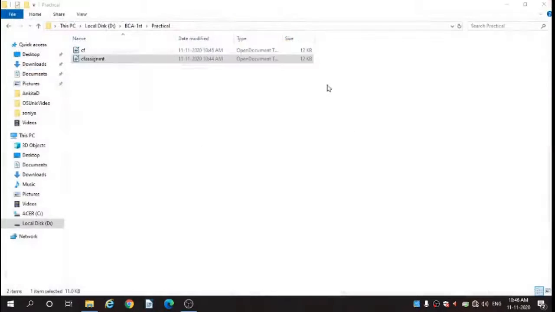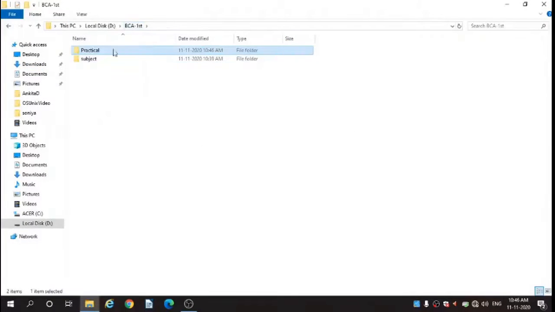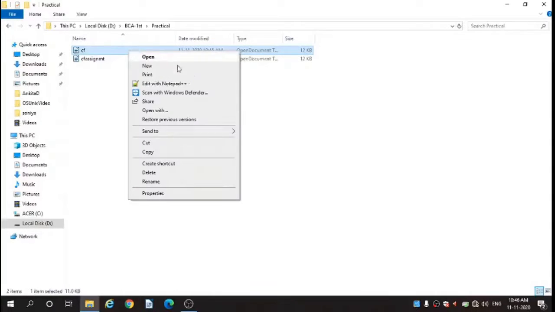So you can use this file in future. If you want this CF file in the subject folder, you can click on this and then right click on this, and move this file into the subject folder.